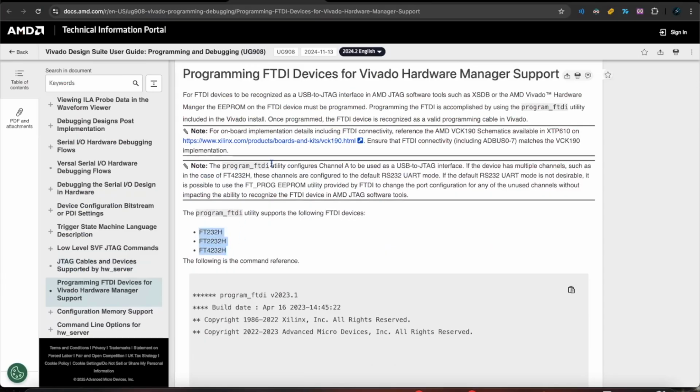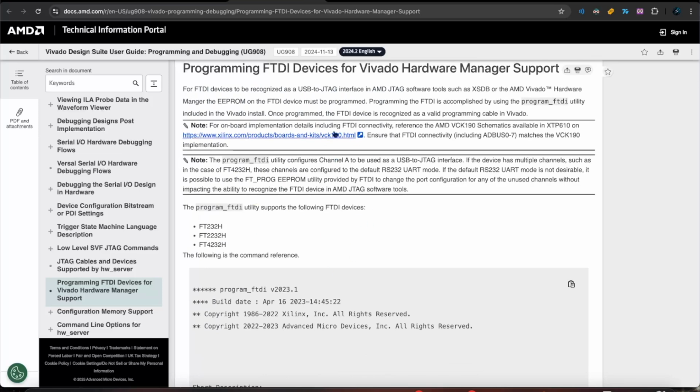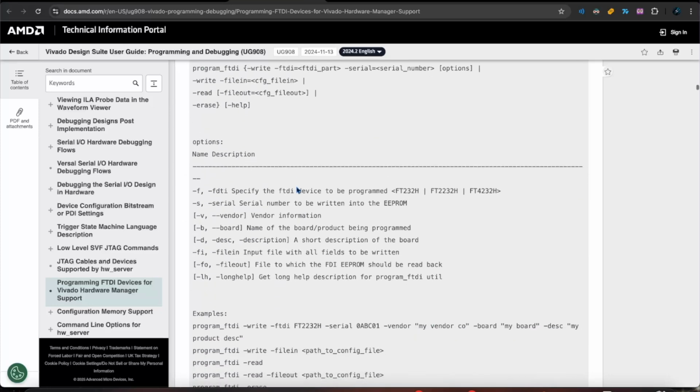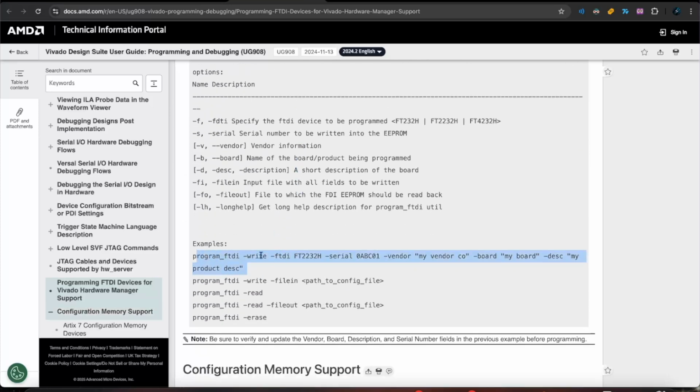These are the supported chips, and this is the documentation for the FTDI device programming. Basically, it tells you to use the Program FTDI utility, which comes installed with Vivado, and you can also access it from your files, just as an executable. And basically to program this so that it works with the Vivado hardware manager, you just plug in your USB device and you run this command. None of any of this matters except the chip number,